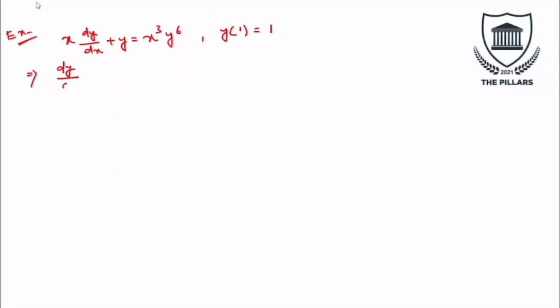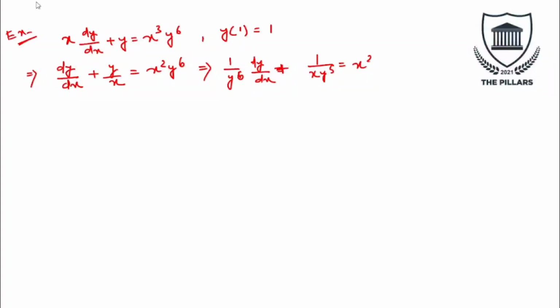We get this equation dy by dx plus y by x is equal to x square y to the power 6. Now we bring this y to the power 6 to LHS, and this becomes 1 by y to the power 6 dy by dx, sorry, this is plus, and here 1 by x y to the power 5 is equal to x square. Now we can put 1 by y to the power 5